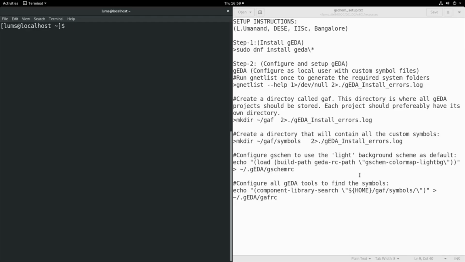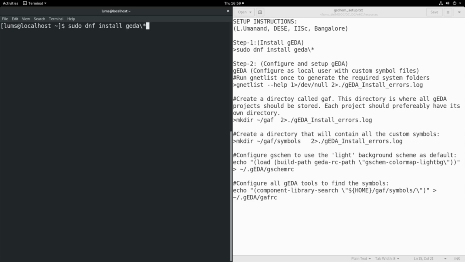We shall now go through the process of setting up Gschem for schematic capture. We saw that the CIR file was refactored into the CIR file itself, the netlist file, and the subcircuit file. The netlist file can in fact be generated through schematic capture. So we will use Gschem to do the schematic capture,